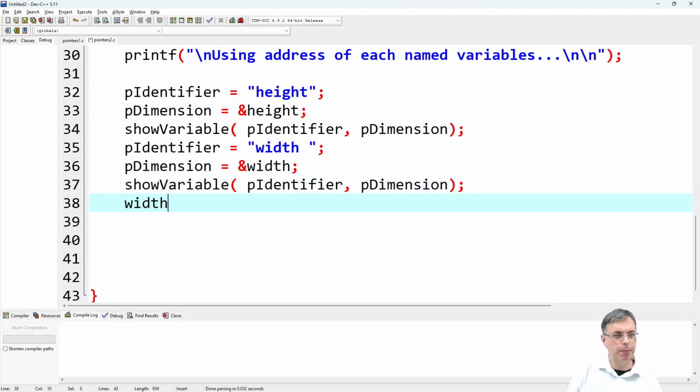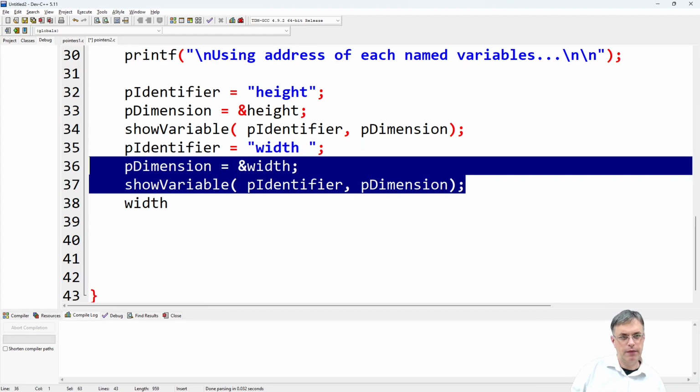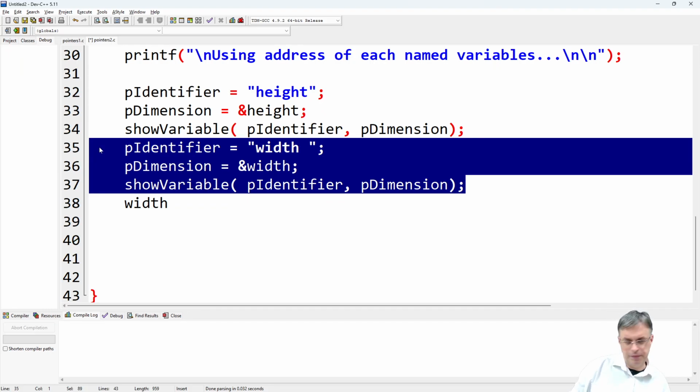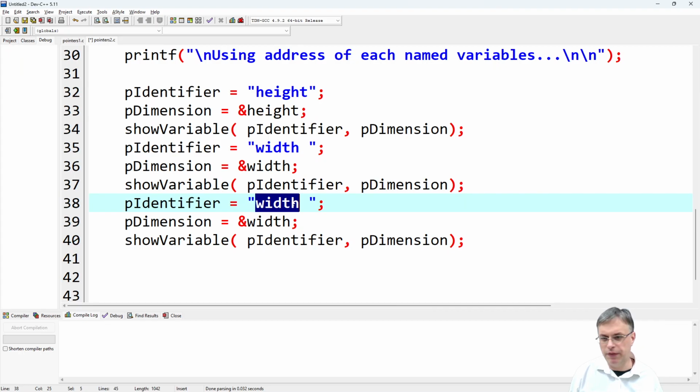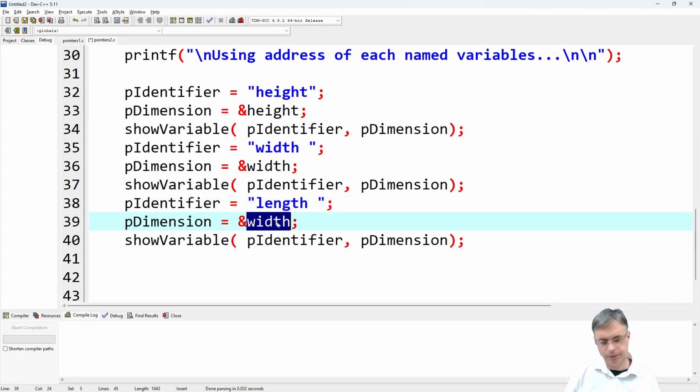The next one is, oops, so this time it's length, also here length, and p identifier and p dimension. So